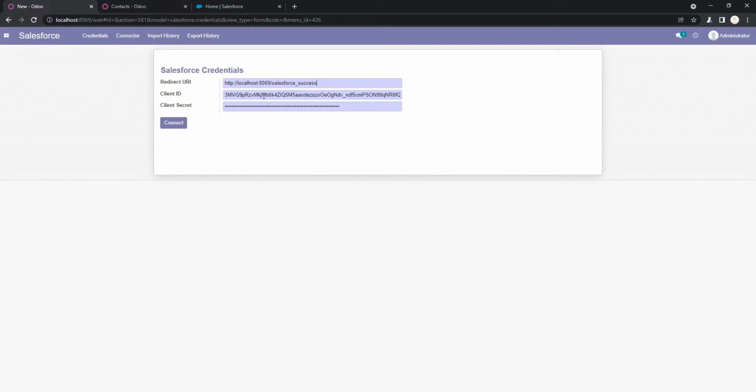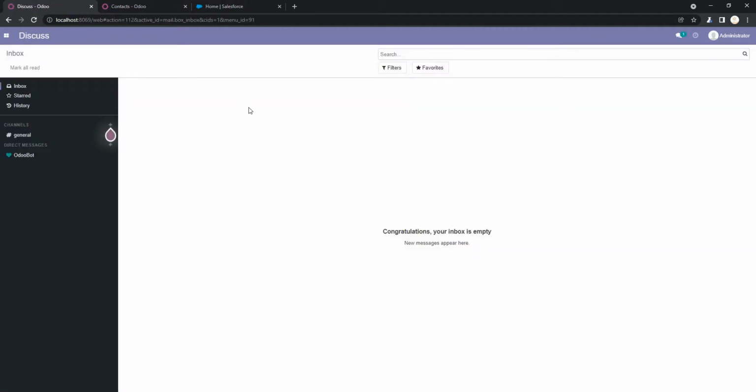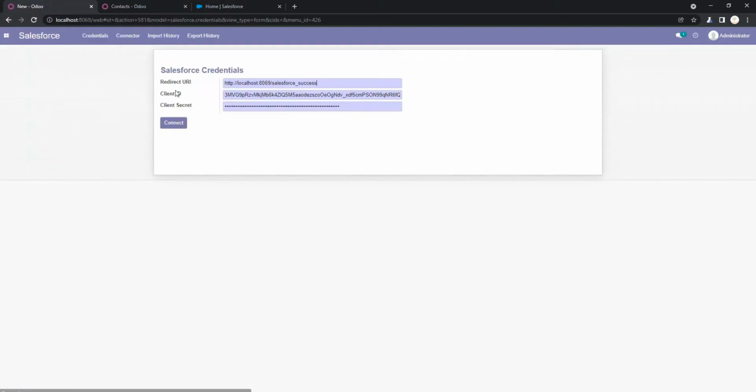After you fill out all the required fields, you can just click the connect button for the authentication of the specific account that you are using. After the authentication process, it will redirect to Odoo. As I am already logged in to that account, it will automatically redirect to Odoo. So I came back to the Salesforce connector again and move to the next part, our menu option,